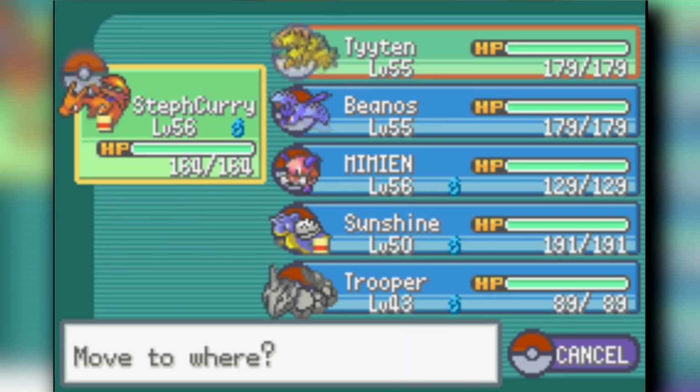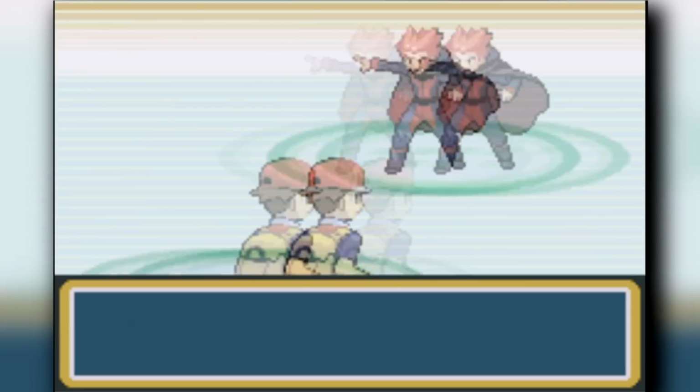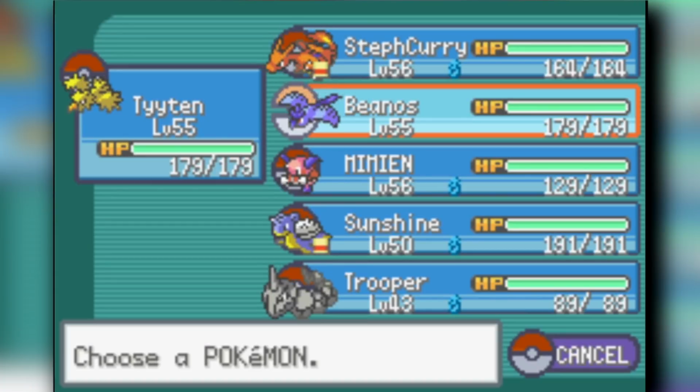Next up will be Lance, the Dragon type Elite Four member. Well, more flying type Elite Four member, but whatever. We're going to send out our Demonic Zapdos against the Gyarados. One-shot it using Thunder. He's going to send out his Aerodactyl, which is going to be a big threat against